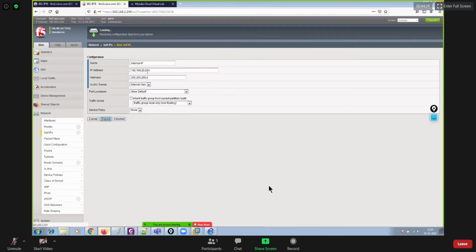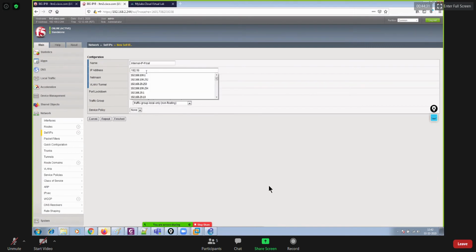This is fine, repeat, and then I'll assign the internal floating IP. So internal IP float, IP address 192.168.20.1. Thereafter, internal VLAN, allow default, and then floating, the floating IP address, right?